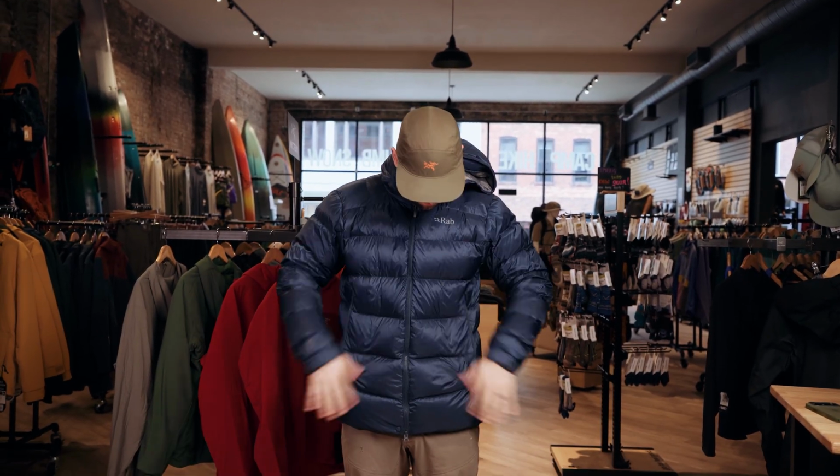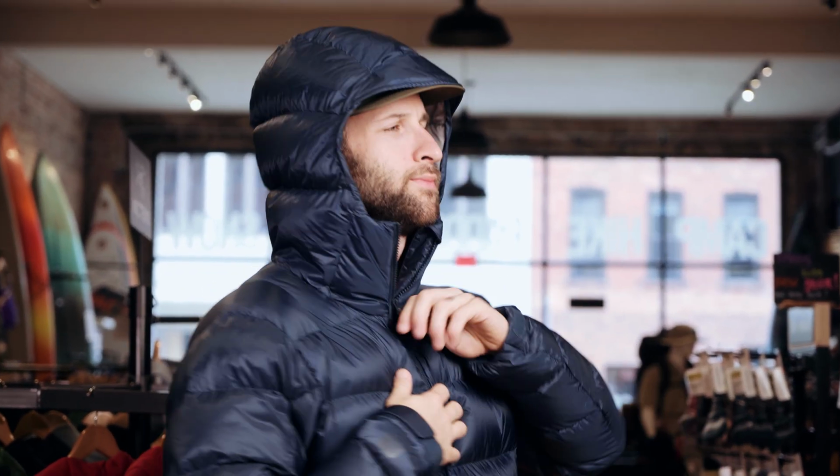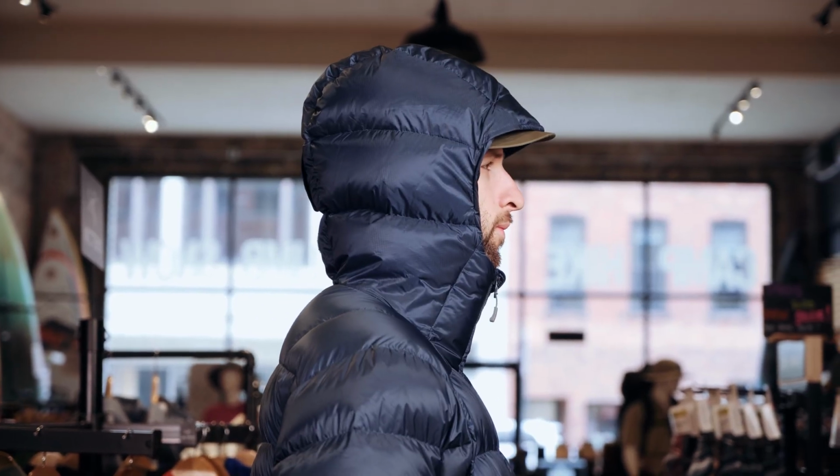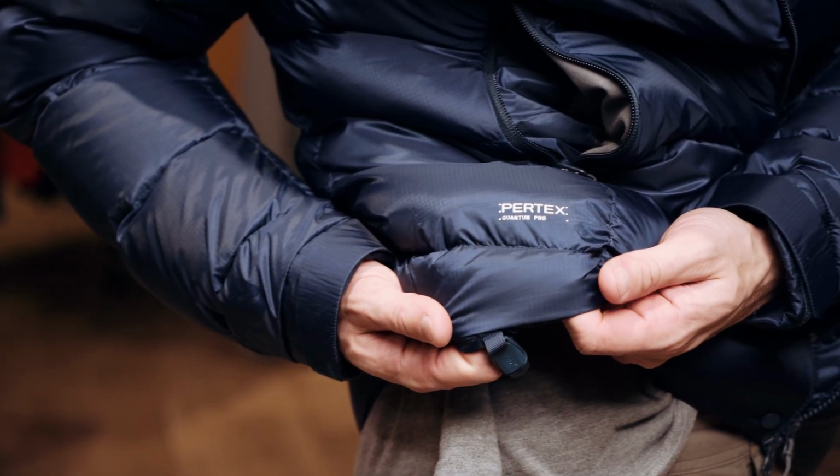It comes in with that 800 fill down, so it's a step above the Thorium as far as down insulation and fill goes, but a step below the Cerium SV. So 750, 800, 1000 fill. It does have a nice Pertex shell on the outside of that jacket. So really where the Neutrino Pro shines here,